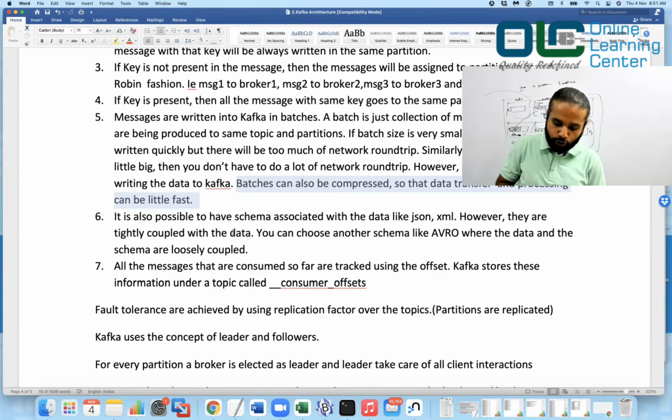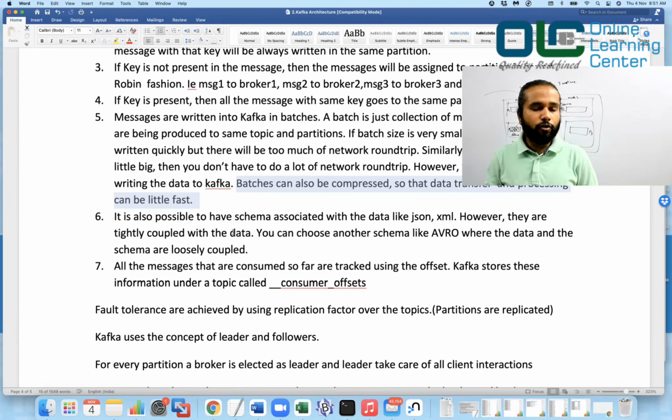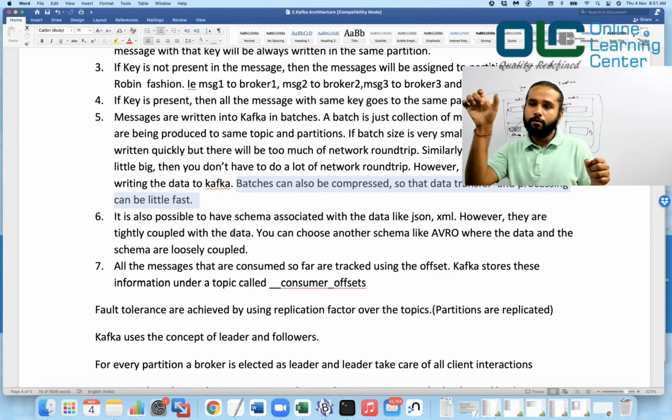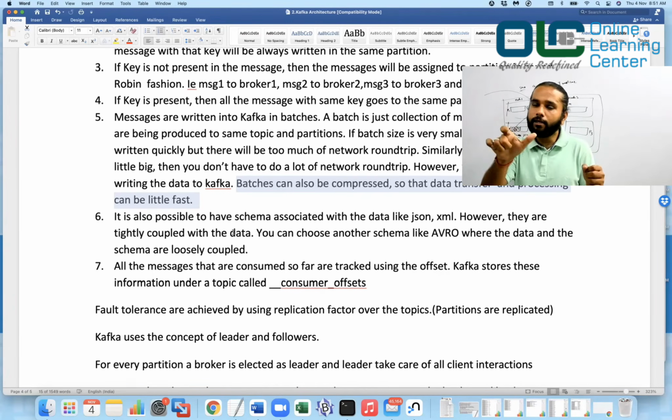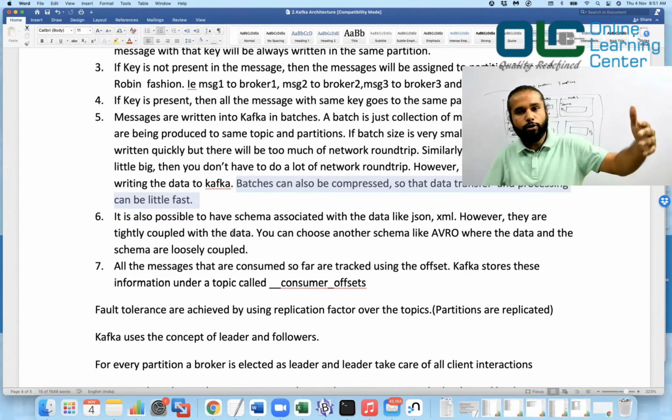So you can also choose something like Avro, in which Avro says I would not keep my schema as well as the data together. They don't do that. Whereas in case of JSON and XML, if you have seen any XML, what you see is opening tag, some value, closing tag, again opening tag, some value, closing tag. For every record, you will see like that, right?